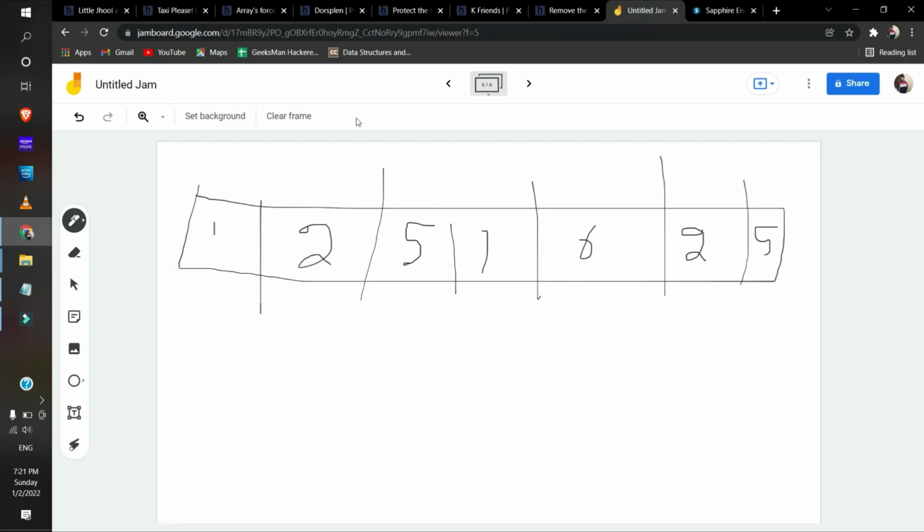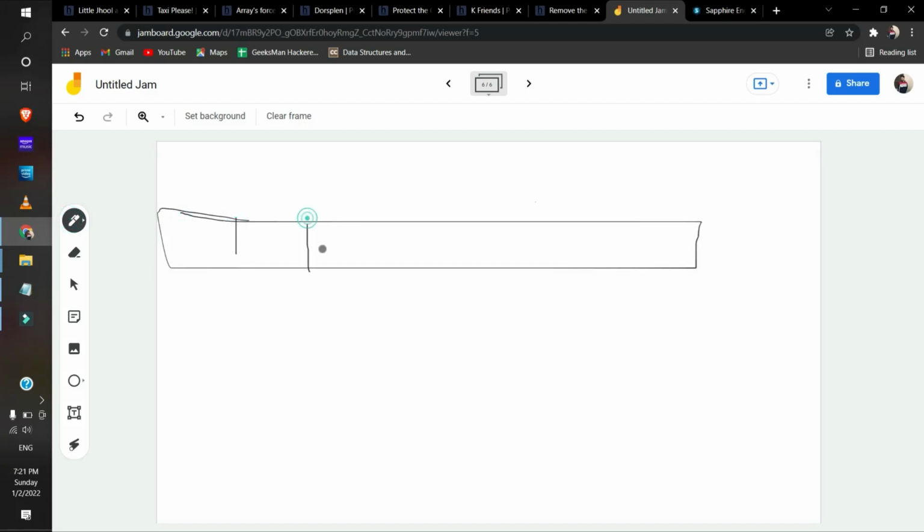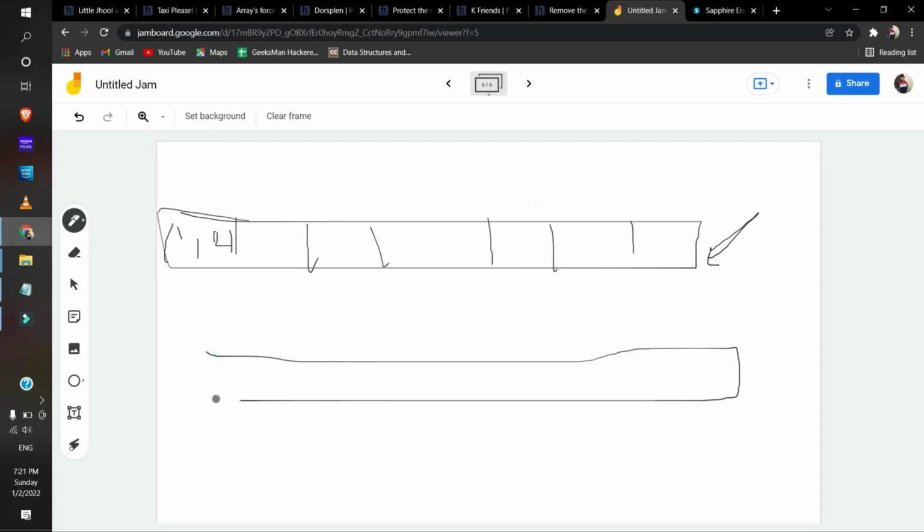So what will we do? We have two integers in our input, starting time and ending time. We'll sort the persons by starting time, such that the starting time is minimum first. We'll input it in our vector and we'll have another vector of taxis, a vector of size m. Each taxi will initially have 0 in it.